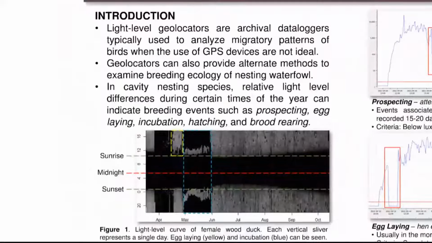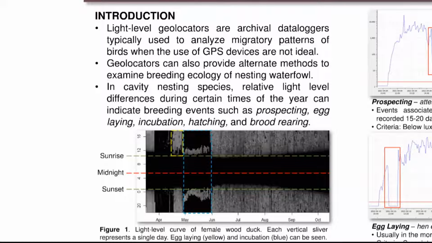Light-level geolocators are archival data loggers used to analyze migratory patterns of birds when GPS devices are not ideal. However, geolocators can also provide alternative methods to examining breeding behaviors of nesting waterfowl. This is especially relevant for cavity nesting species like wood ducks. Relative light level differences during certain times of the year can indicate breeding events such as prospecting, egg laying, incubation,